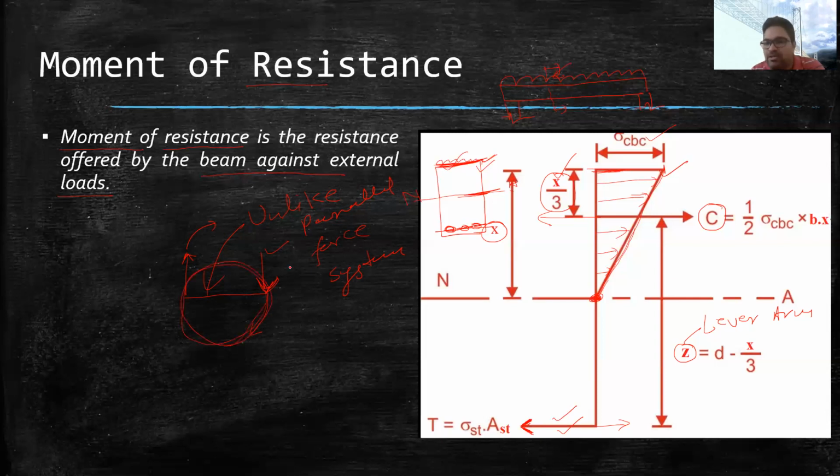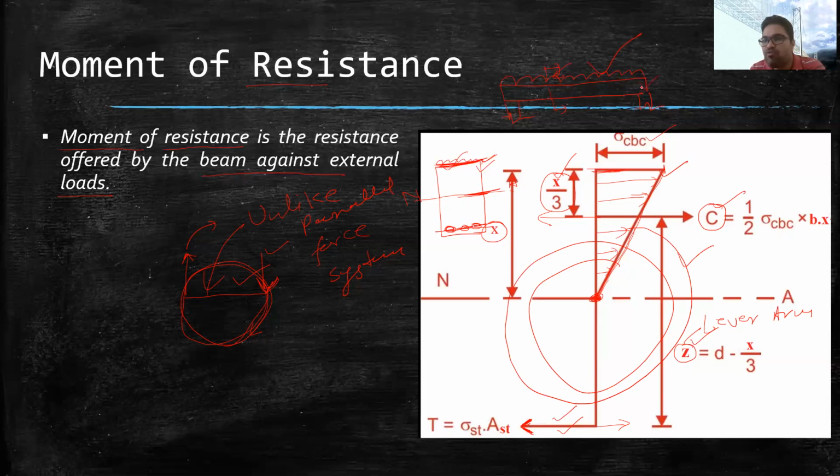So in the same way, you can see that this is the compressive force and this is the tensile force. So what is happening is they are trying to create a couple, and the distance between these two forces is Z. So these two forces C and T, they are trying to make a couple. So the couple will move like this. So this is the couple that is happening because of the application of this load. Now what will happen?